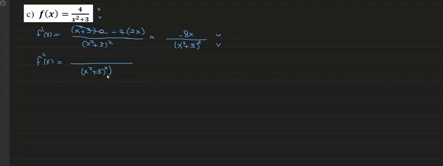Now the v is squared, so we are going to square it again, and then copy it upwards in the numerator without derivative as it is, with the power of 2, and then times derivative of the numerator. Derivative of u is negative 8, minus the negative 8x as it is, and we might multiply the negative with the negative of the rule to be positive 8x, times derivative of the v,